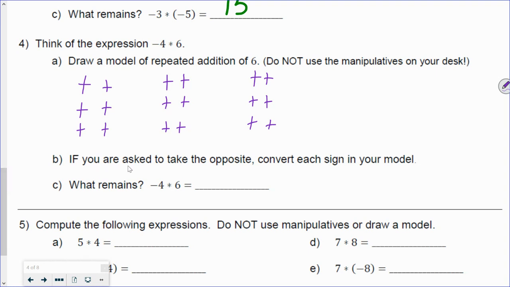But if we are asked to take the opposite and then convert each sign in our model to the opposite of a positive, which is a negative, that's what it wants us to do. Okay. So now,